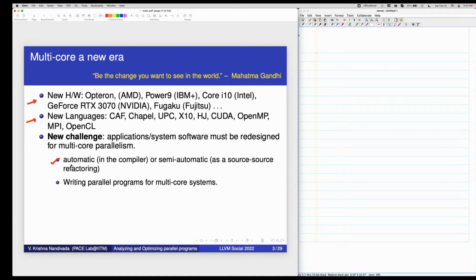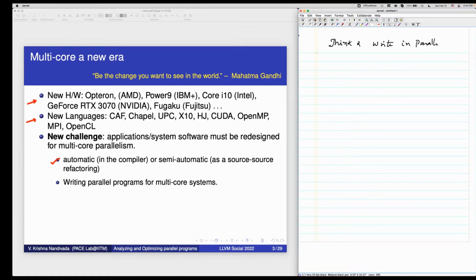It could be via automatic parallelization, where the compiler takes serial code and tries to parallelize it, or a refactoring tool takes some programmer help to refactor some code, or you think and write in parallel and ask the compiler to optimize the code.